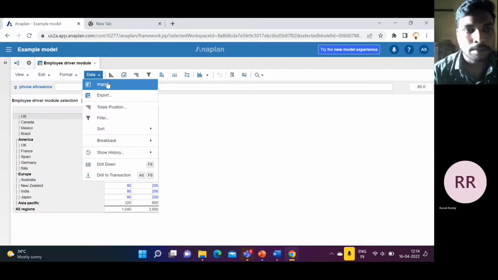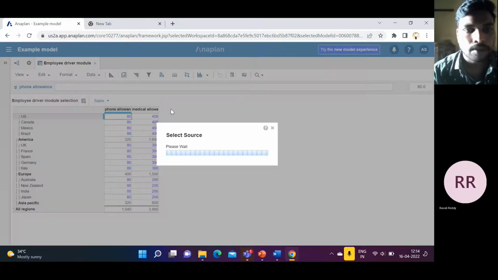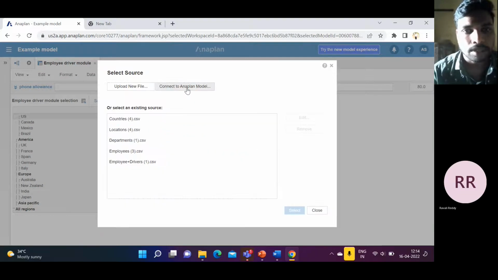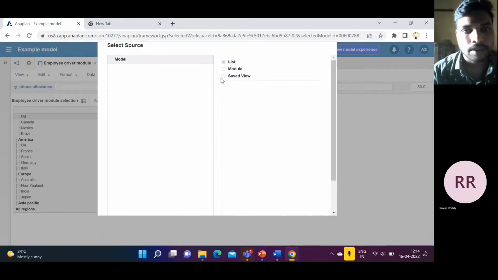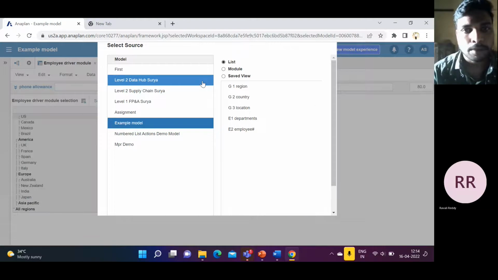Import data. There are four reasons to save the selections. First of all, import. When you are importing the data, if you want to save the selections, you have to use save selections while model to model importing. In that time,